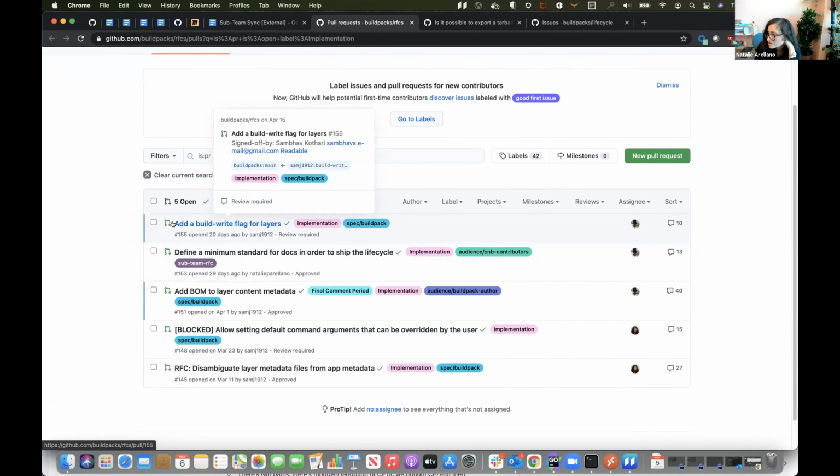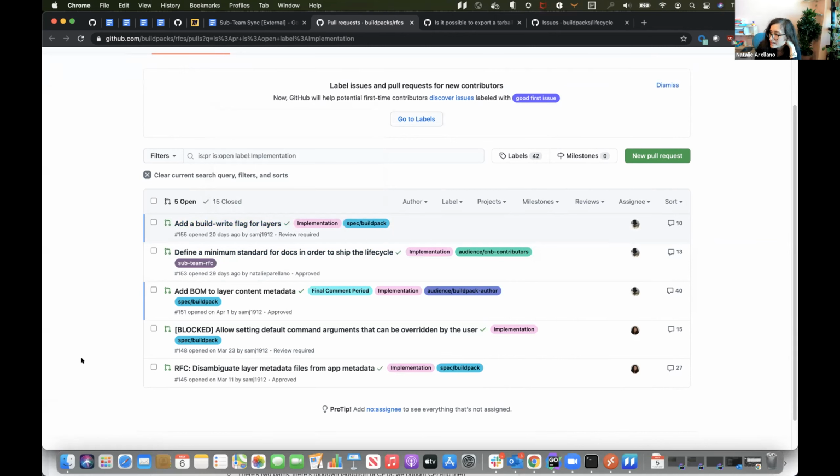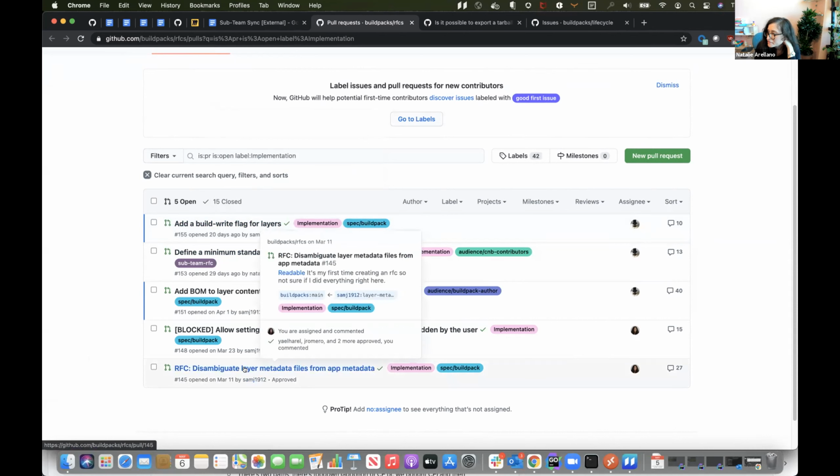I had just one more thought on the RFCs, related to the disambiguate layer metadata files. I missed the second half of the working group where this was discussed, so I'm looking forward to reading the notes about what was said. But Emily, after reading your comment, I'm scared and I don't want to do the proposed option. It seems really complicated. Not impossible, but ouch. Oh, the compatibility comment.